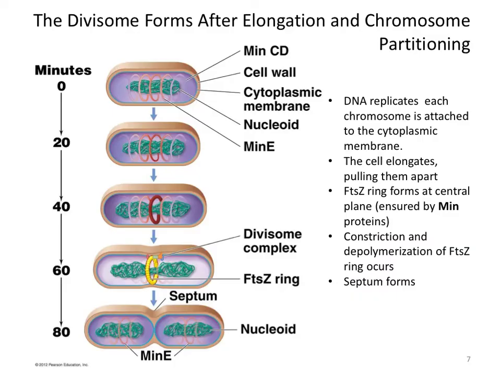It's important, as I mentioned before, that the replicated chromosome, which produces two copies of the chromosome, that each of those copies makes it to the opposite pole of the cell prior to formation of the septum and cell division, so that each daughter cell is intact and has a complete chromosome. So DNA replication will occur, forming two identical chromosomes. These are each attached to the cytoplasmic membrane. It's really important that each chromosome makes it to a pole of the cell, and what facilitates that process is